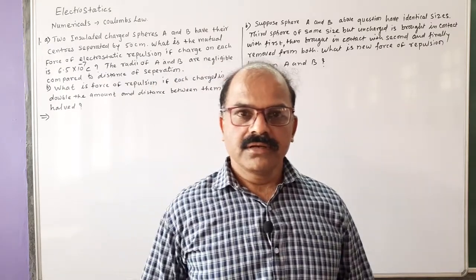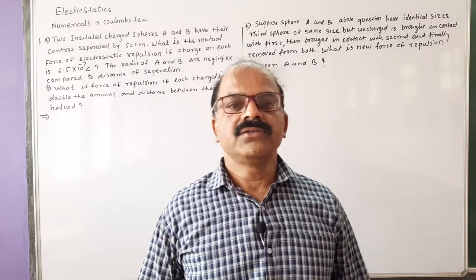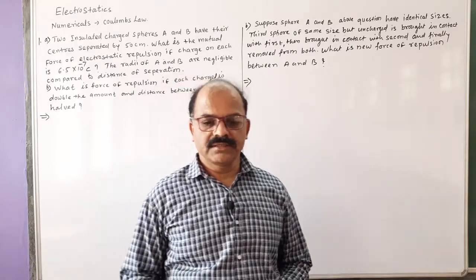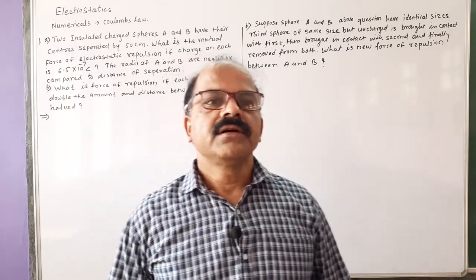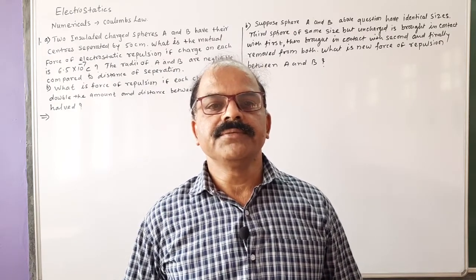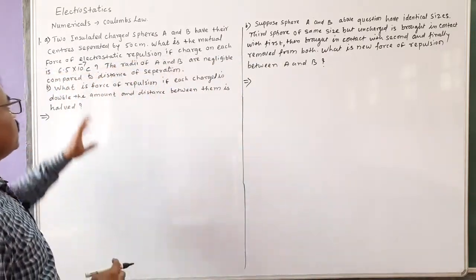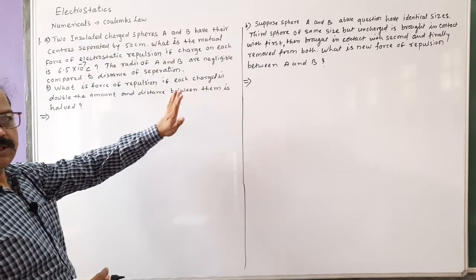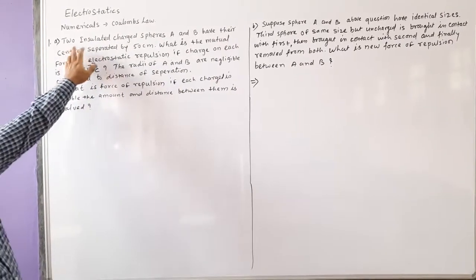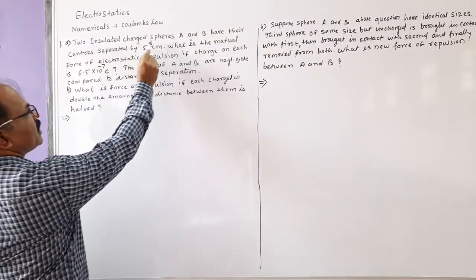कल हमने कूलम्स लॉ और उससे रिलेटेड एक न्यूमेरिकल देखा था और सुपरपोजिशन प्रिंसिपल भी पढ़ा। आज के इस वीडियो लेक्चर में हम कूलम्स लॉ से रिलेटेड कुछ और न्यूमेरिकल पढ़ेंगे। तो कूलम्स लॉ और सुपरपोजिशन प्रिंसिपल से ये न्यूमेरिकल्स हैं। लेट अस स्टार्ट द फर्स्ट न्यूमेरिकल। Two insulated charge pairs